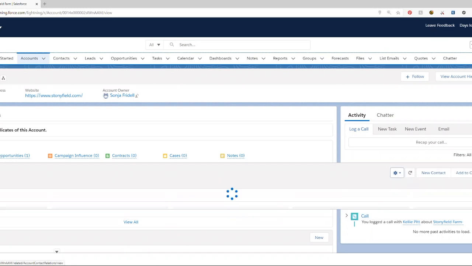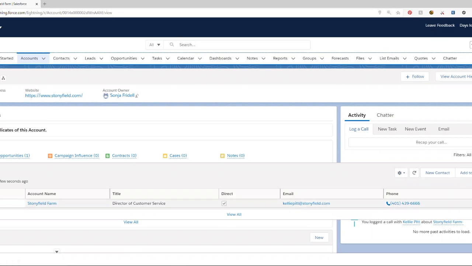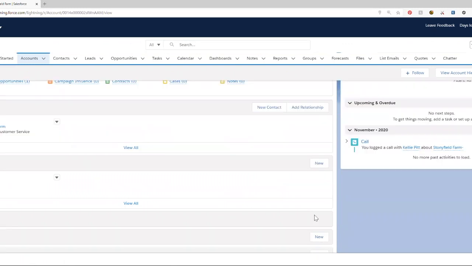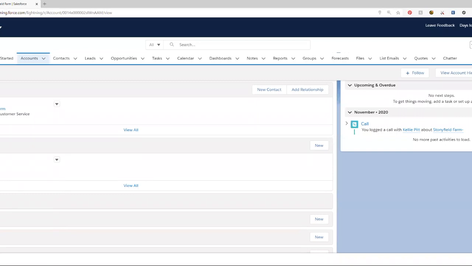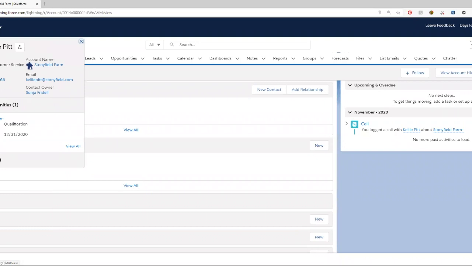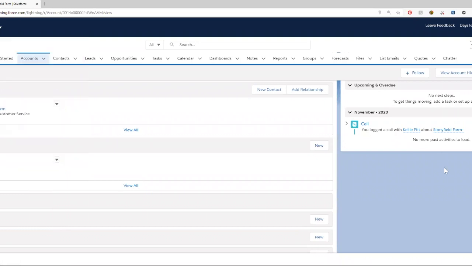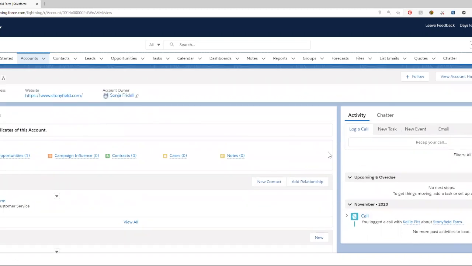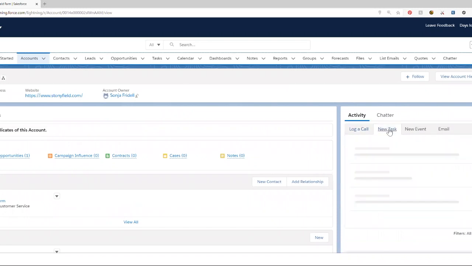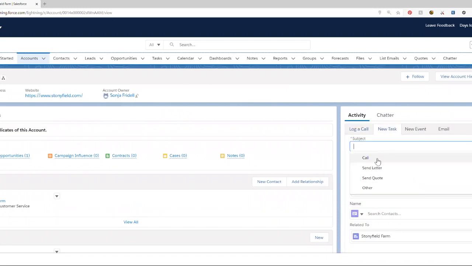So if I hover over these areas, I'm able to scroll down and select Kelly. Or I can scroll down and actually see the objects down below and select them from there too. Salesforce does a good job of doing a little pop-out where I can see a little summary information just by hovering over this area in the subpanel. And it also brought over the activity that I had in my lead here too. So this is a good area. It really creates a nice, concise area where I can